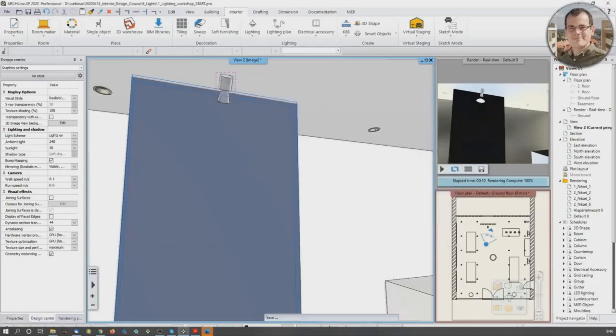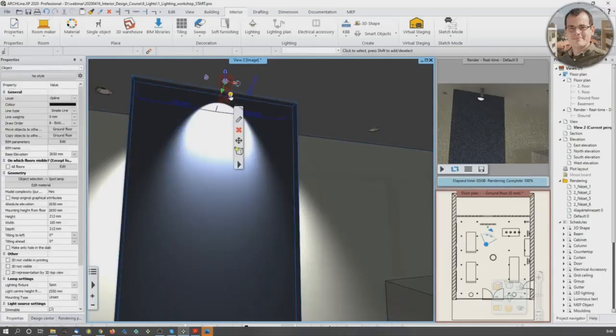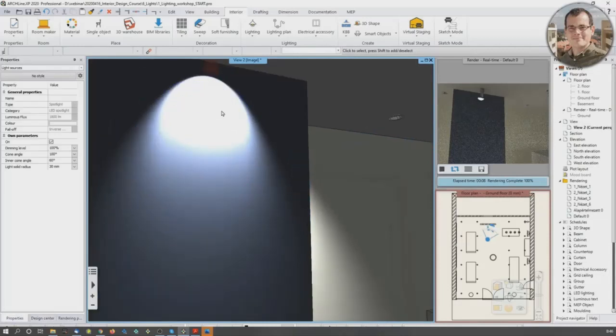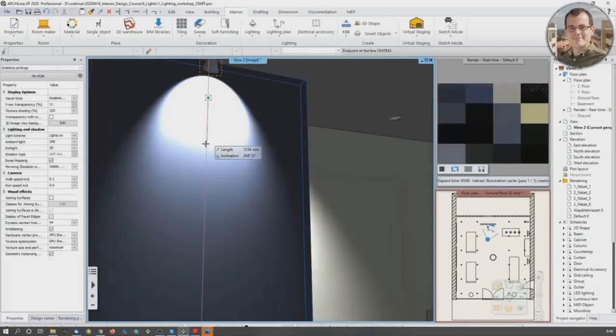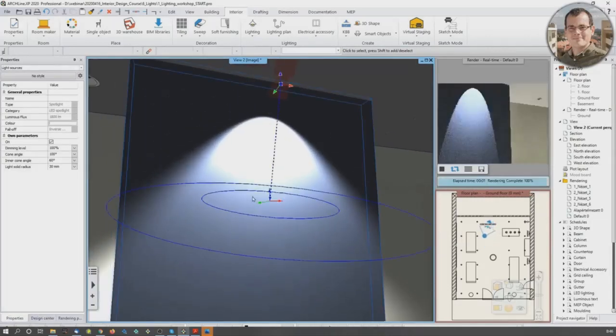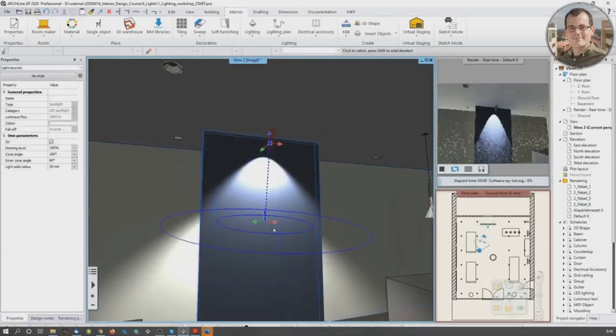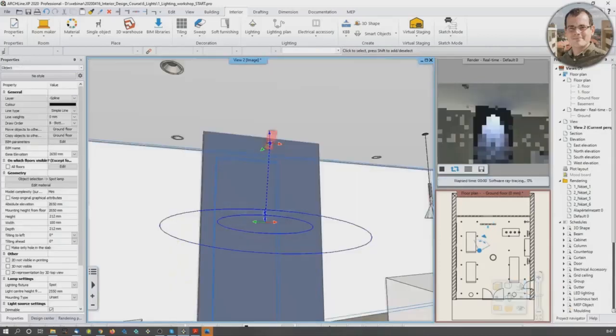So let's just hit OK and select the lamp while you have the light on, so that way you can see the result, obviously. So if you select the lamp, you would see the movement markers, but if you click on the bulb again, you see again movement markers, but if you click on the blue axis, then you can just change where the light is casting its light. So if you change that back and forth, you see what will be in focus. So that way you can move the lamp itself, you can move the light, so you can direct that. So if you want to put something in emphasis, then that's how you do it. So now I'm just going to switch that off and proceed with the